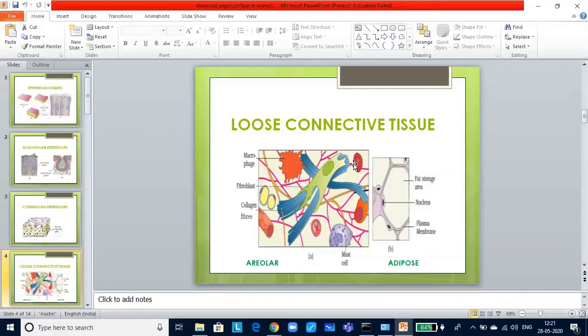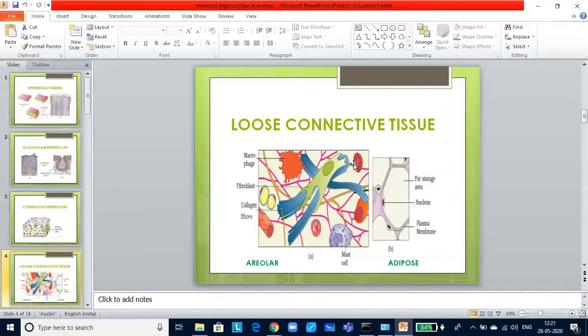Since I'm talking about cell junctions, let me briefly tell you, there are three types of cell junctions. One is the tight junction, which helps to stop the substance from leaking across the tissue. Adhering junctions perform a cementing function to keep the neighboring cells together, and gap junctions facilitate the cells to communicate with each other by connecting the cytoplasm of adjoining cells for rapid transfer of ions, small molecules, and sometimes big molecules.